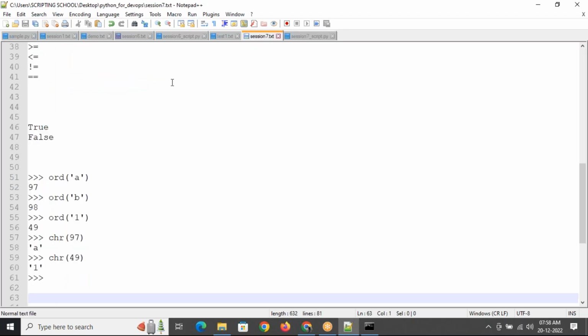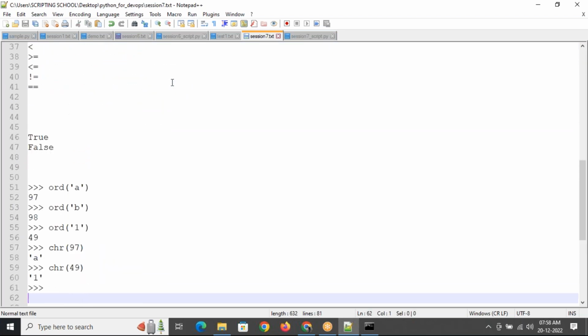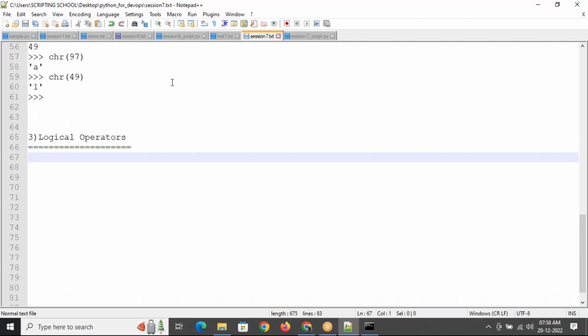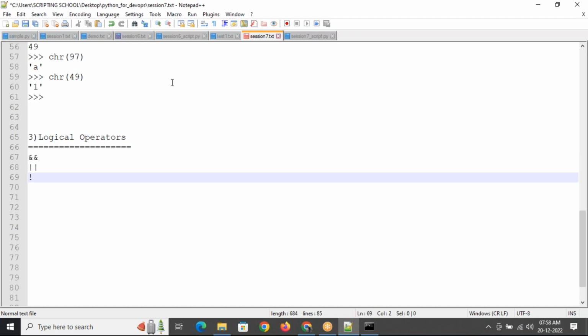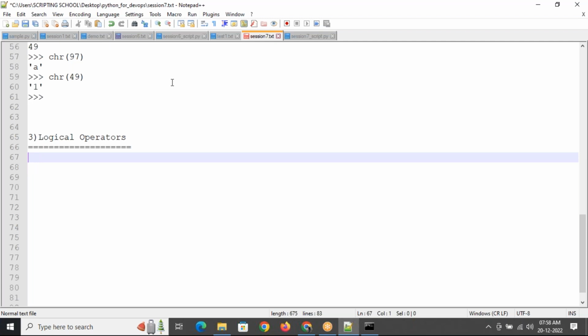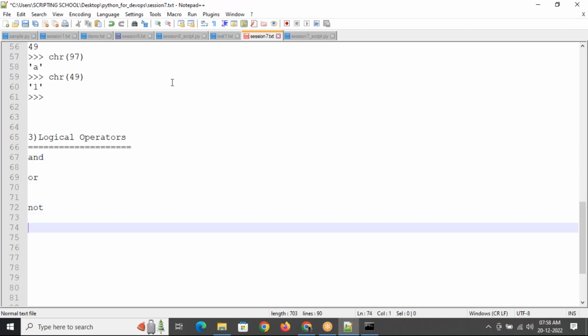Okay, so now the next one here, logical operators, will complete this and then we'll stop. So logical operators, we have and, or, not. Depending on the languages, some languages use symbols for the and operator, or operator. Some other language we use -a for shell script symbols. But in Python, we use just and, or, and not. So directly we write it. We're not using symbols in Python